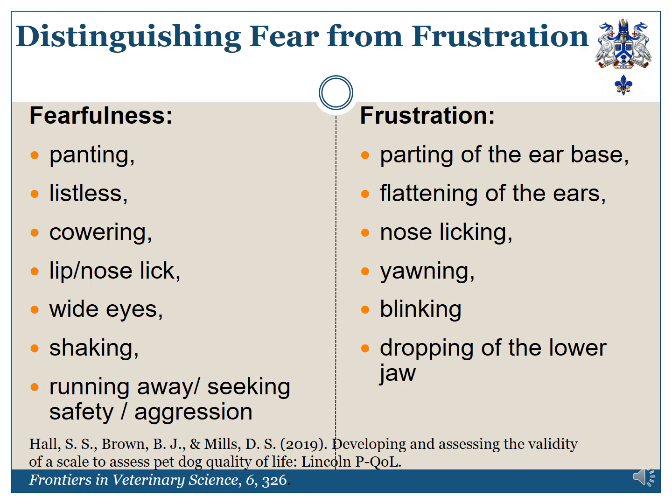So, just to finish off with, if you look at the literature, we generally have data to indicate that in fearfulness, things like the amount or frequency of panting, the listlessness of the animal, cowering, lip nose licking, wide eyes, shaking and running away, seeking safety or aggression when confined are indicative of fearfulness, whereas for frustration, parting of the ear base, flattening of the ears, nose licking, yawning, blinking and dropping of the lower jaw may be more